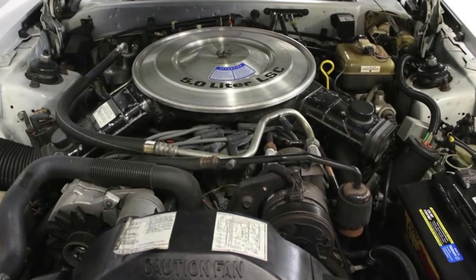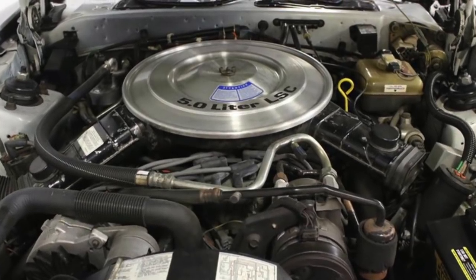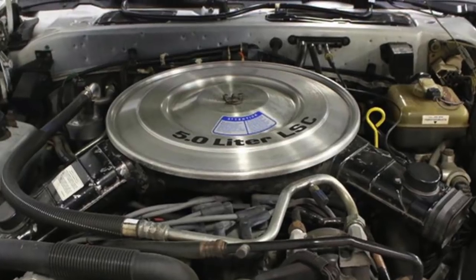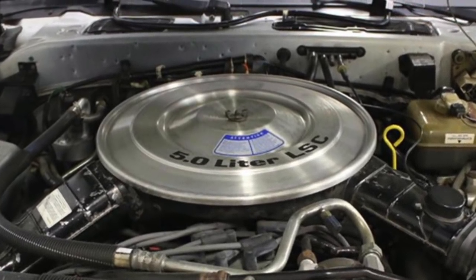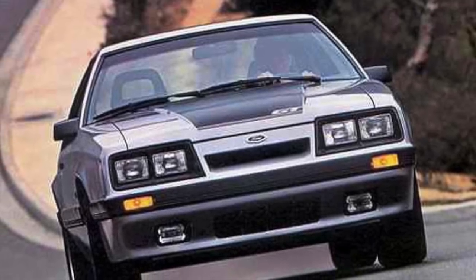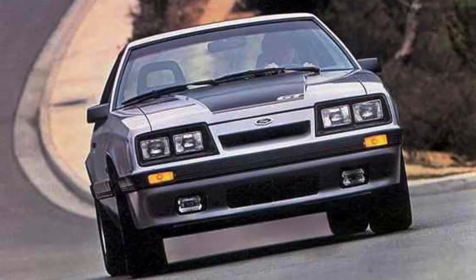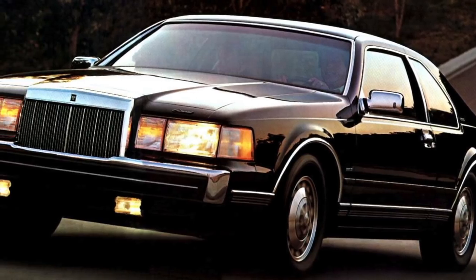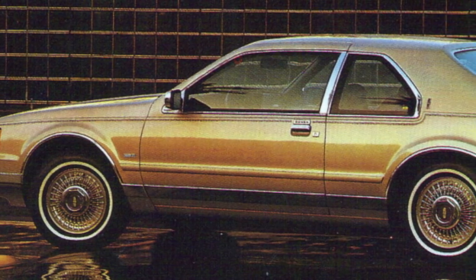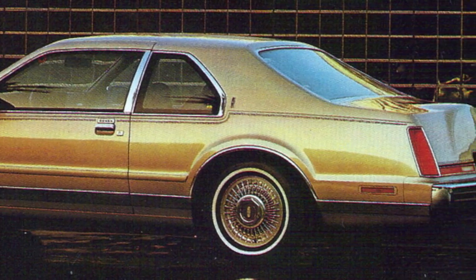Lincoln gave the LSC for 1985 a considerable infusion of power with the 180 horsepower and 260 pound-feet of torque throttle-body fuel-injected 5.0-liter HO V8, taken right out of the automatic transmission-equipped 1985 Ford Mustang GT. This engine was standard on the 1985 LSC, while the other 1985 Mark VII models still had the 140 horsepower